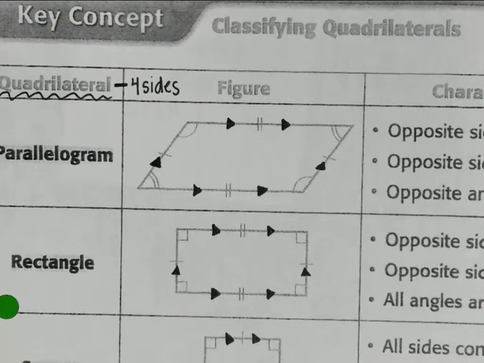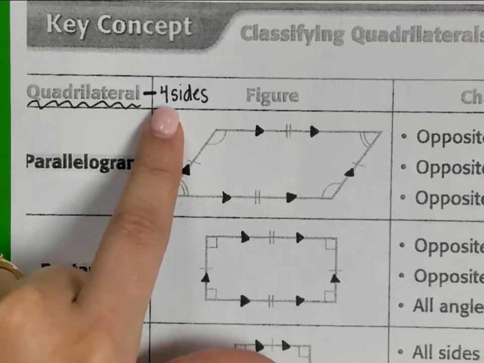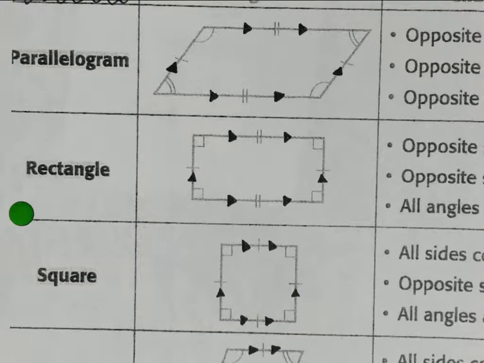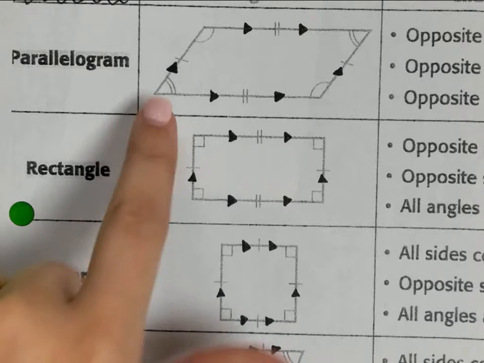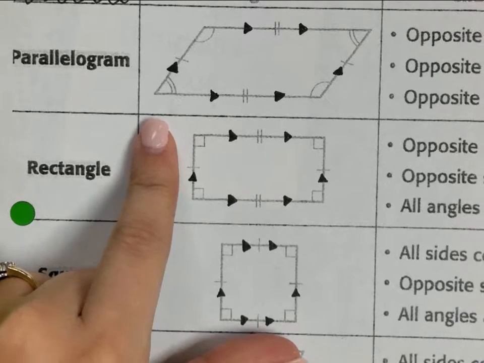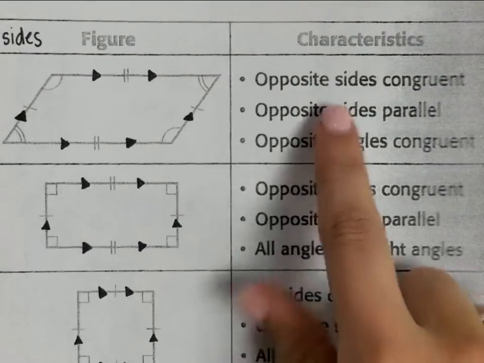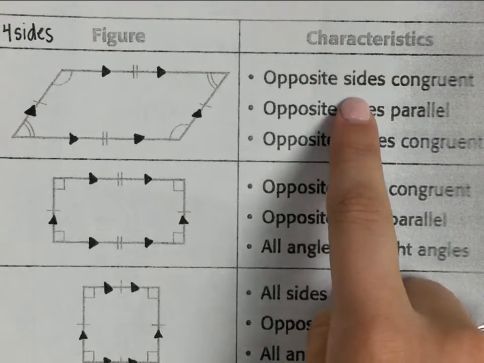So we have, any shape that has 4 sides is a quadrilateral, okay? But then we have all these other shapes that are specific types of quadrilaterals. But if we don't know anything about the shape other than it has 4 sides, we just say that it's a quadrilateral. But if we have a shape that looks like this and has all the opposite sides congruent,